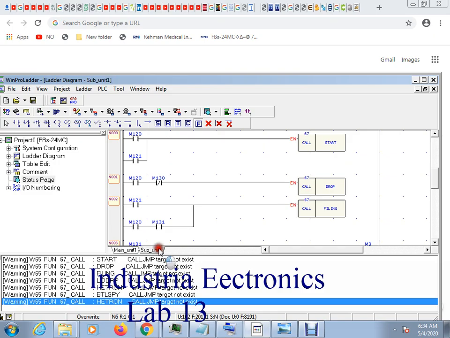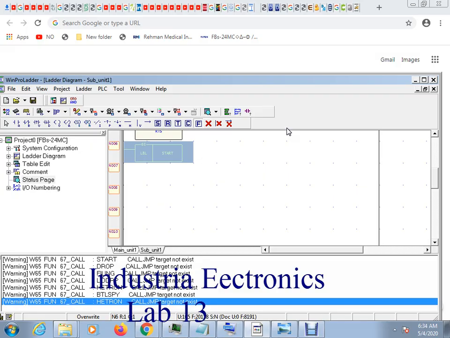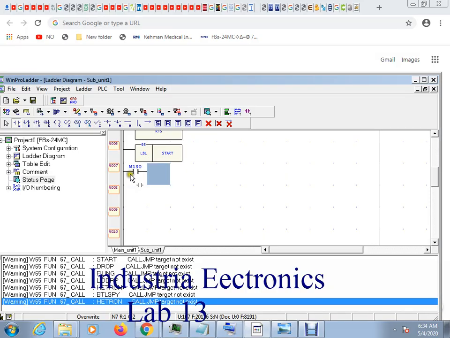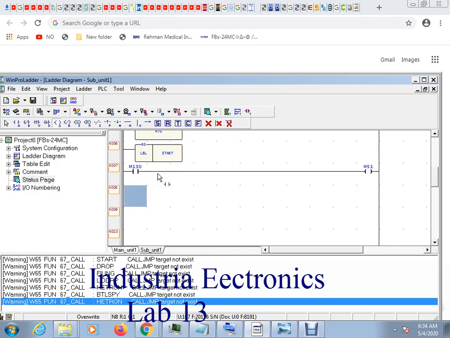So we are using this label with a start, and we are using here the open contact of M130 with coil of M51, and then in another